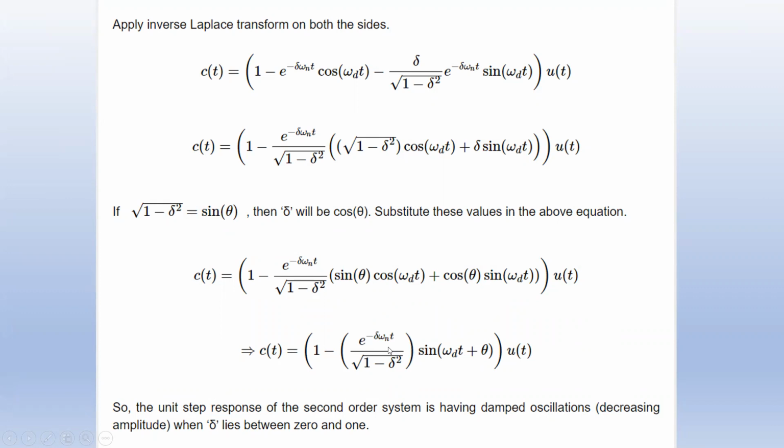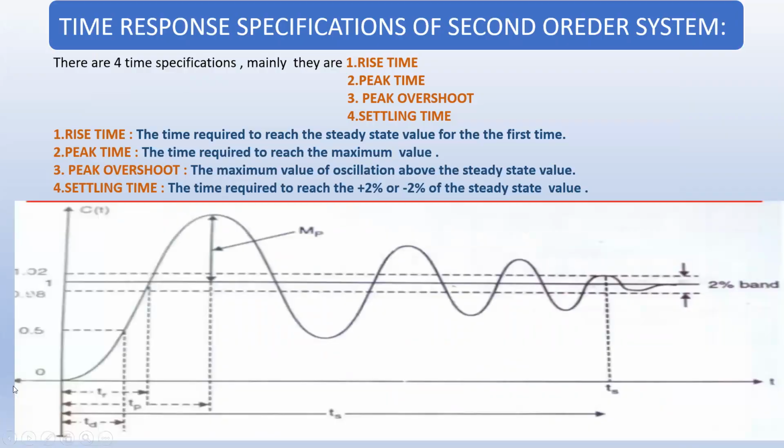So if we plot this with respect to time, we have this kind of response over here. This being the time, and this is the actual input we are giving, which is the unit step input, and it is reaching the value of 1 as an exponential value, and it is oscillating about this steady state value, which is the input value 1 over here. So by considering